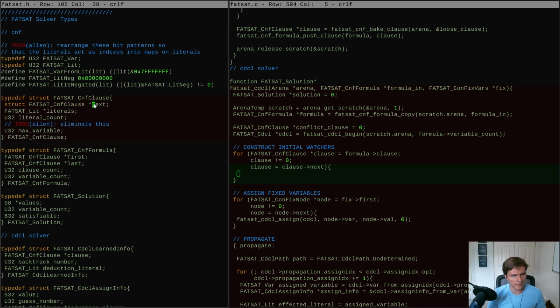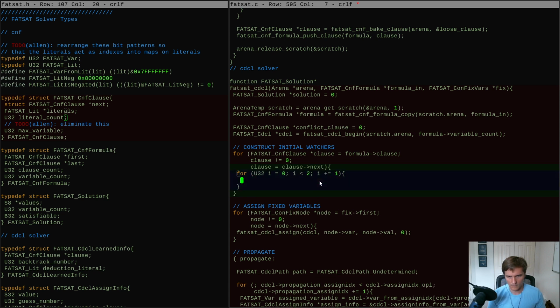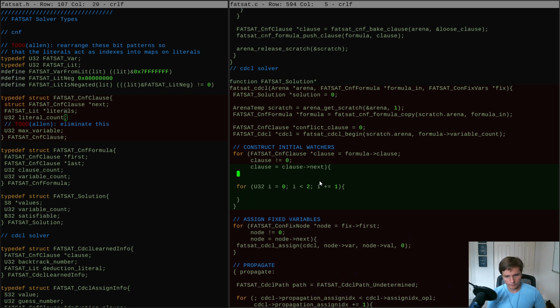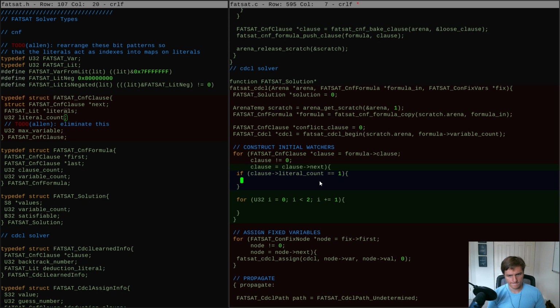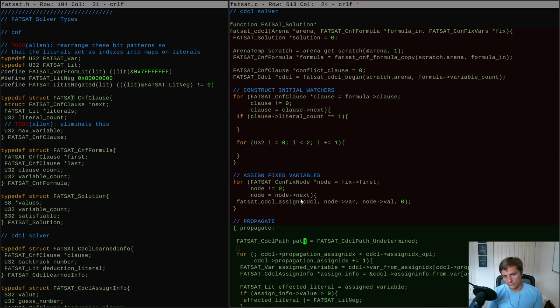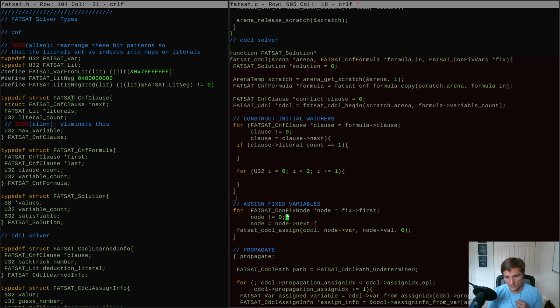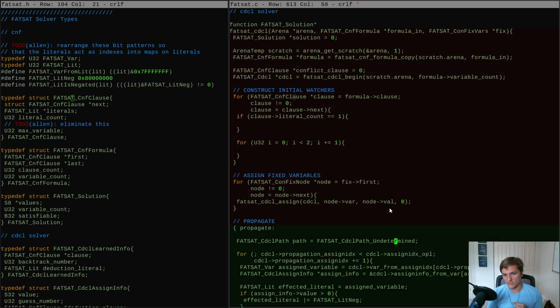And for each clause, we're going to look at the first two literals and make a watcher for each of them. So that's like this. What we can do is, if the clause has a literal count of 1, then we're not going to make watchers for it. We're just going to immediately assign it, because the watchers make a special assumption that we can have 2 watchers, but clauses with 1 literal won't be able to do that. So regular old propagation won't find them, but we can just assign them the same way we do with assigned fixed variables. Since we've already done assigned fixed variables here, we know we can just run assignments during guess level 0, and it makes sense. So if we find a literal count of 1, then all we have to do is assign that